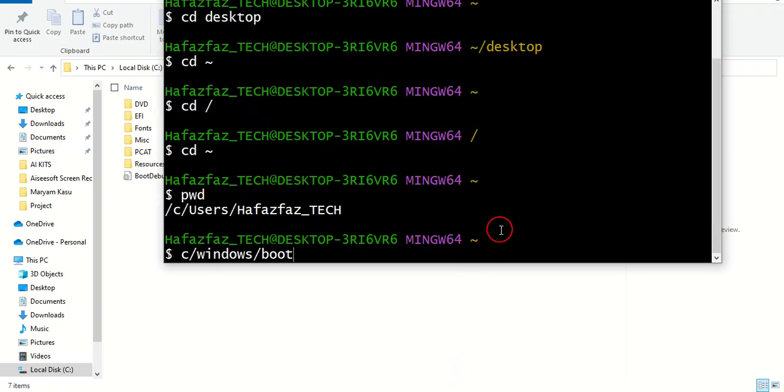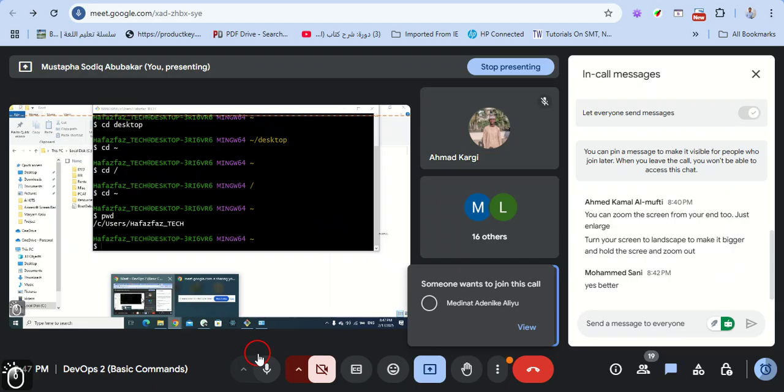So now we have two types of paths: relative paths and absolute paths. One of the advantages this has over the GUI, our graphics, our Windows, is that with a relative path you will be able to navigate to anywhere that you want to go to without even